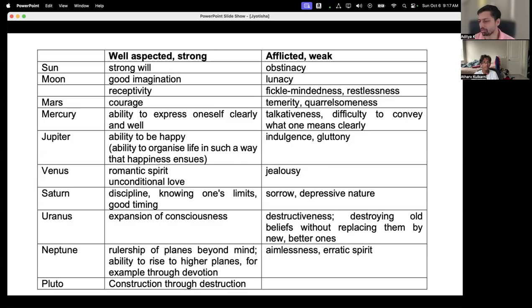Shani gives discipline. Like I said, if some people want to wake up at 4 o'clock in the morning, they don't need an alarm. They automatically wake up at 4 o'clock in the morning. Some people will keep hitting the snooze button on that alarm every 5 minutes and they'll wake up by 9 a.m. sharp. So Saturn, Shani, gives that level of discipline in a certain person's life.